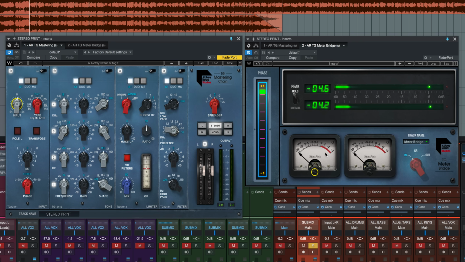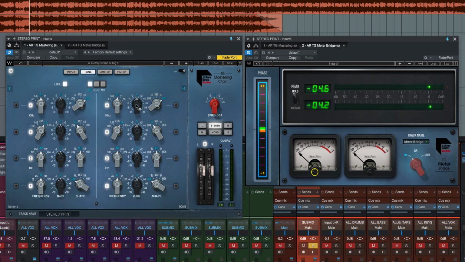Just a little teeny bit of input gain. I'm pretty happy with that. Transients are popping over a little bit, but we're hanging out right around 0 on the VU meter and not clipping anything. Okay, so the next thing we want to do is take a look at the tone module here,